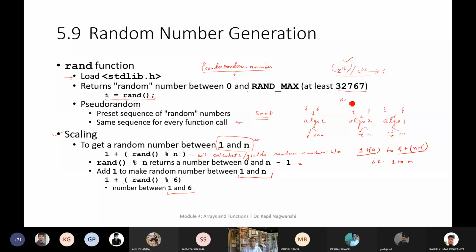Benchmarked means standard. If you have tested on the same set of numbers, it will give you the correct comparison, and you can pick any algorithm. Suppose this one is very fast and the efficiency is also 98-99%. Here, suppose this takes 5 seconds and the efficiency is 97%.